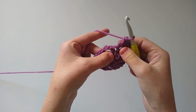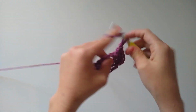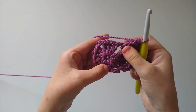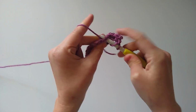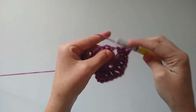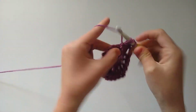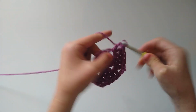And then into our chain 2 space, we're going to work 1 double crochet, chain 2, and then 1 more double crochet, all into that chain 2 space. And then we're just going to repeat that 3 more times. So double crochet in each stitch until you get to the next chain 2 space, 1, 2 and 3, and then double crochet, chain 2, and double crochet into that chain 2 space. Again, double crochet in each stitch until you get to the chain 2 space, double crochet, chain 2, double crochet,